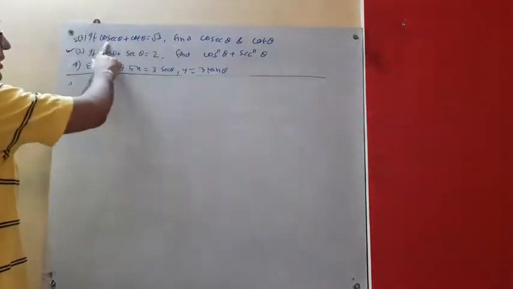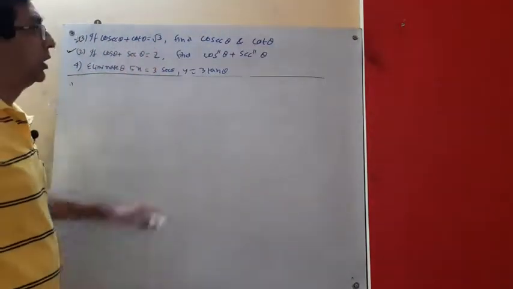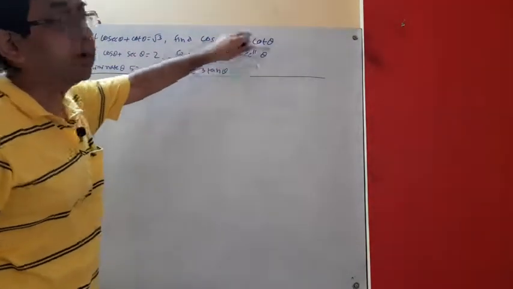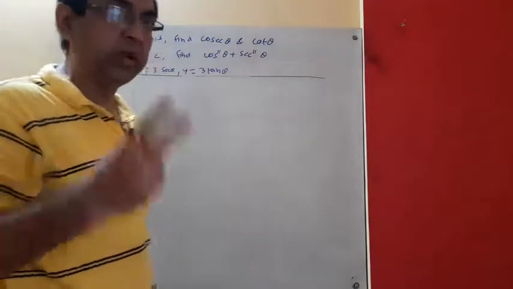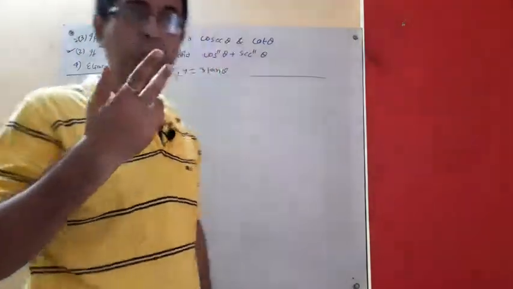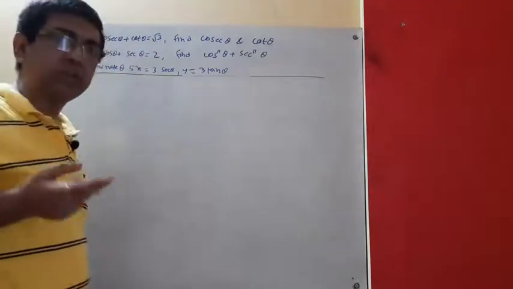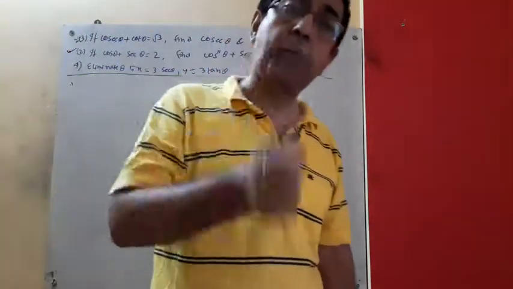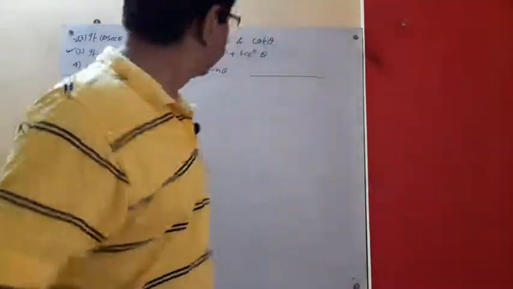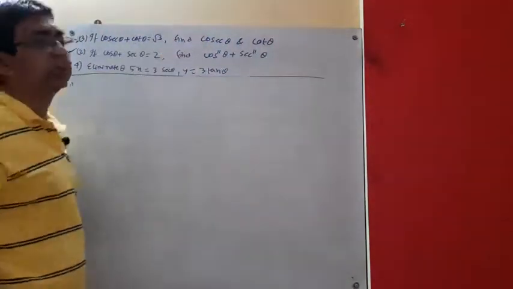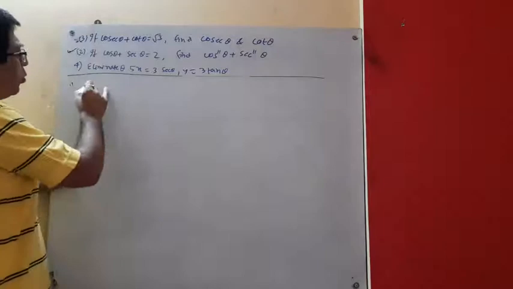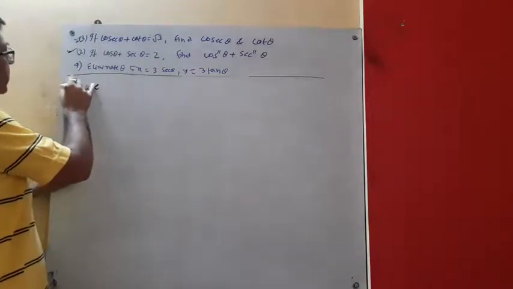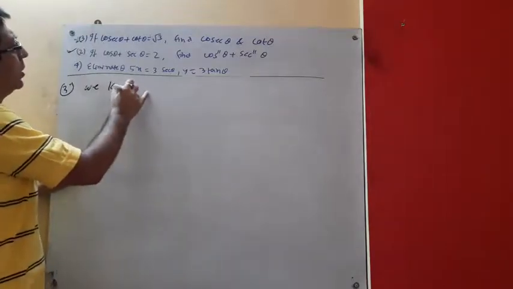Look, cosec theta plus cot theta equal to root 3 given. But you have to find cosec theta and cot theta. That means two things you have to find out. That is x and y you have to find out. So it is a simultaneous equation of two variables. So you need another equation. So you have to form an equation at first. Then you can go for this one. So what we look, we know. This is question number 3. We know, this is a relation.